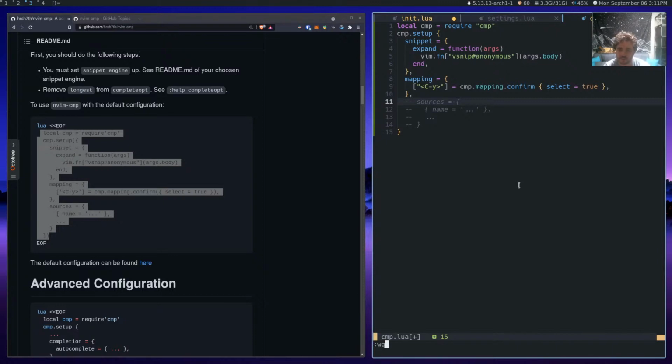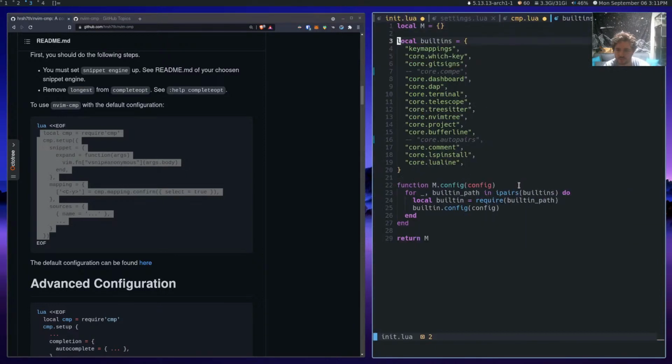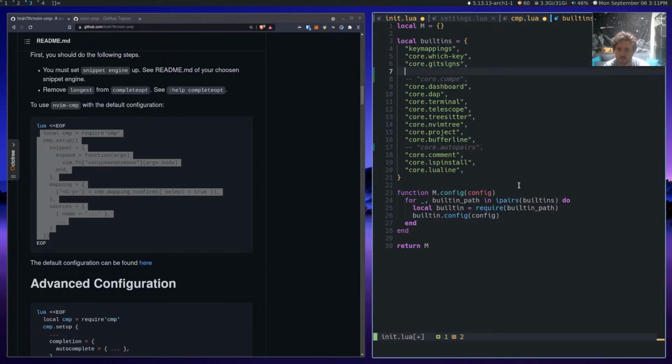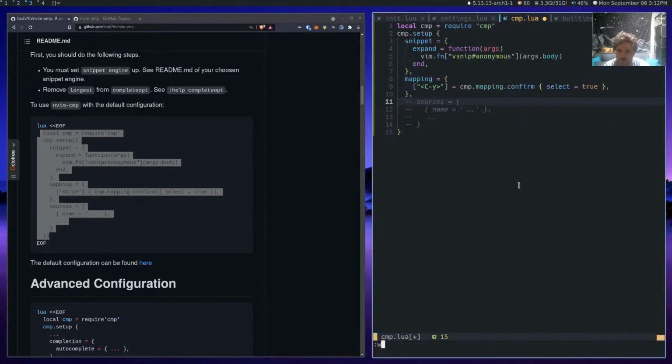Now what we're going to do is, where do we source these things? We source them in, there was a place, in built-ins and init.lua. And now if we do core.cmp, and then what do we do? Just run a require against this table, list, table, array. Where's the require? Here it is. Yeah, built-in path. Okay. What happened here? I don't care. And we'll save that.